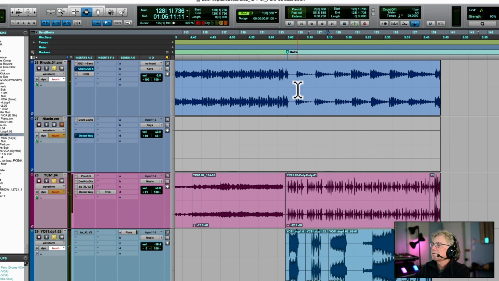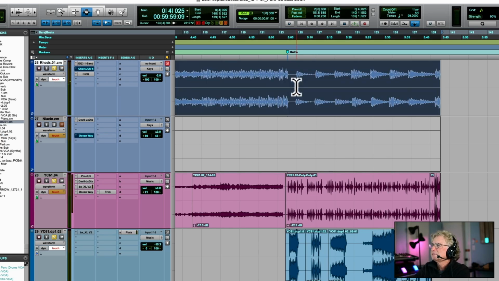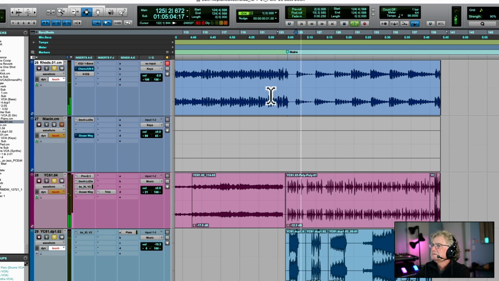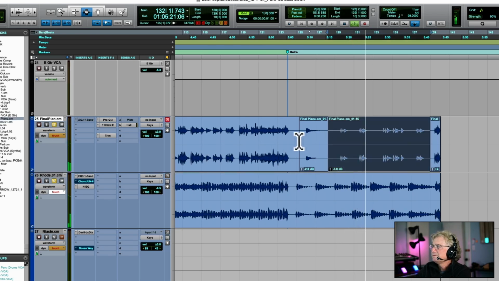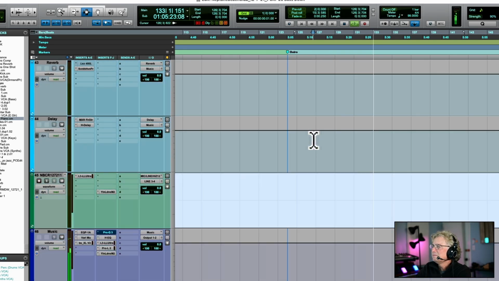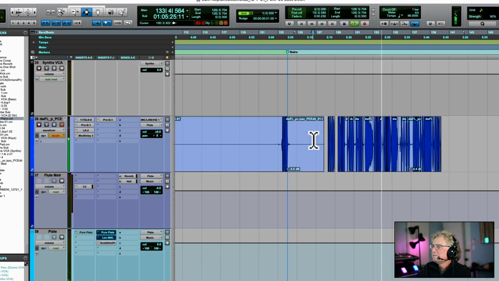And then add the electric piano in, which is this track here. Some chords on the piano. You can hear